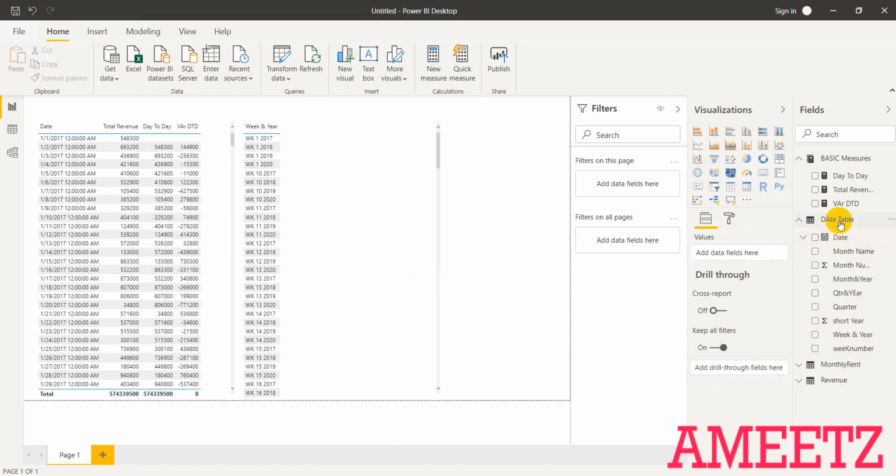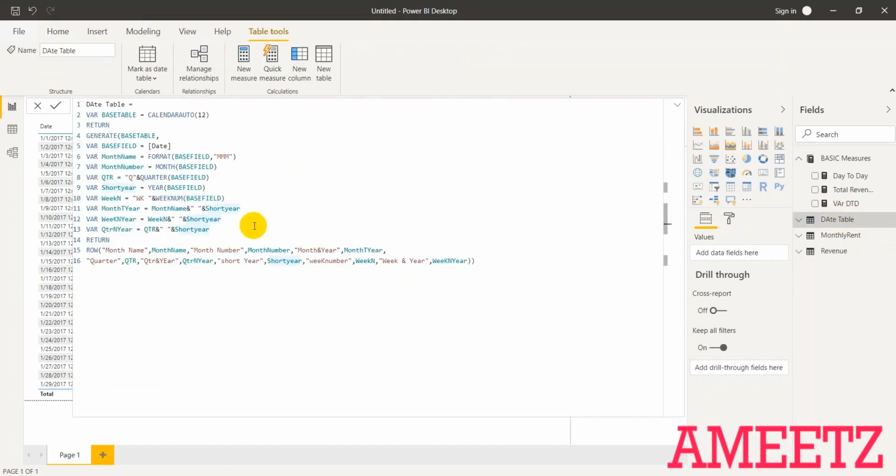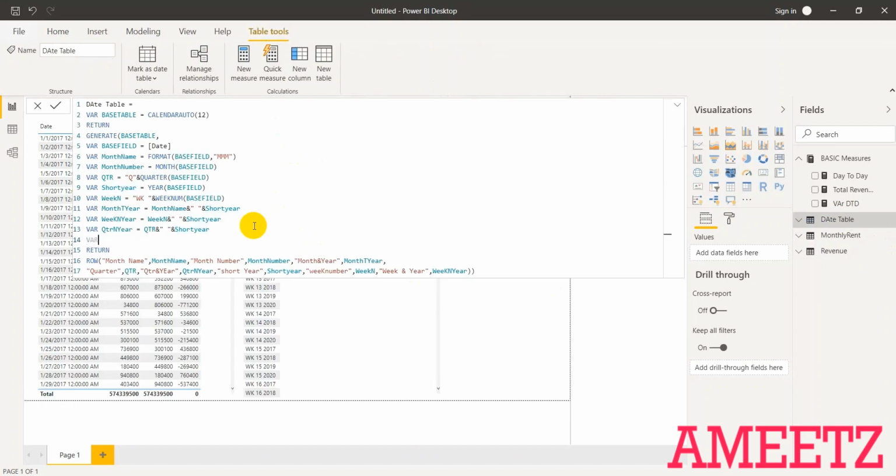So let me select date table. There I am adding another variable. So variable week and year equal, that is short year multiplied by 1000 plus week number, that is a number, and then base field, because we have not created on the top, we have created straight away with week number and month to year together.